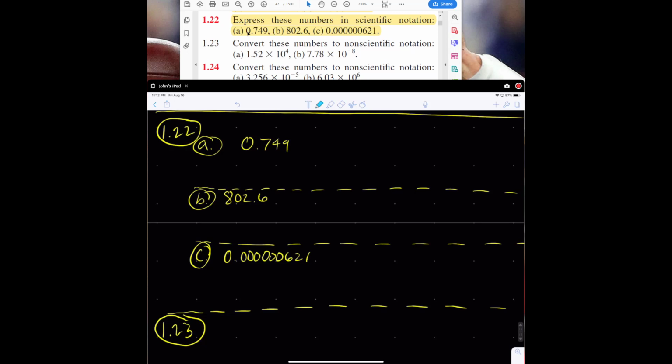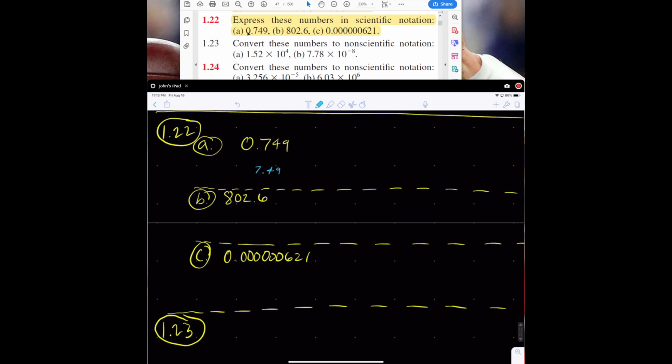In order to bring 0.749 to a number between 1 and 10, we have to move this decimal over one space to the right. That in turn makes this number 7.49. And since we moved the decimal from the original to the right,